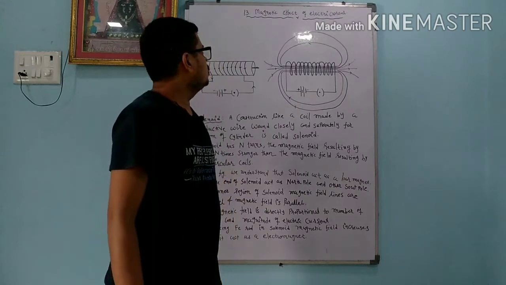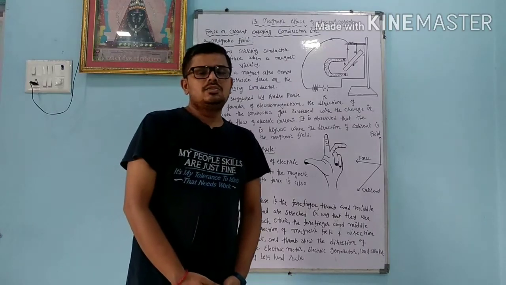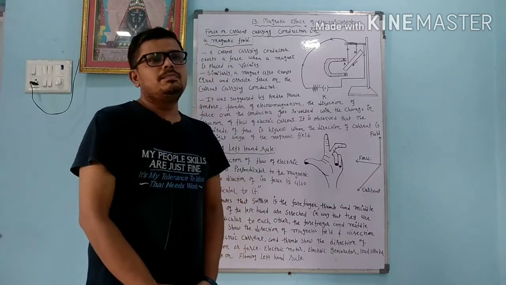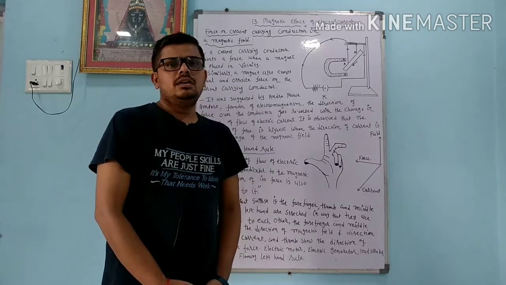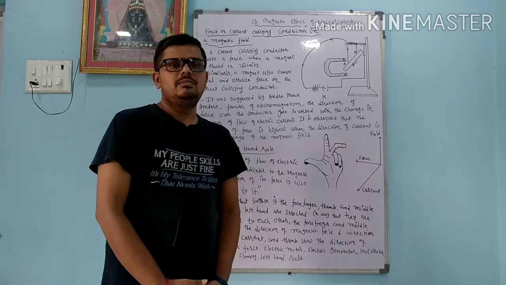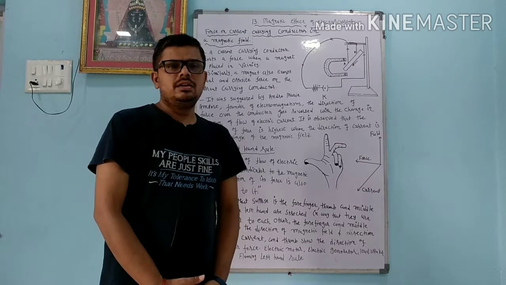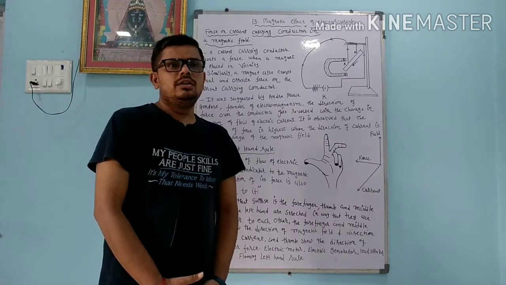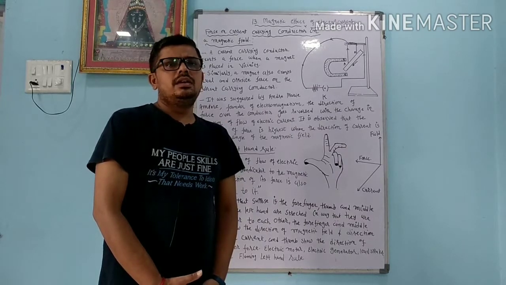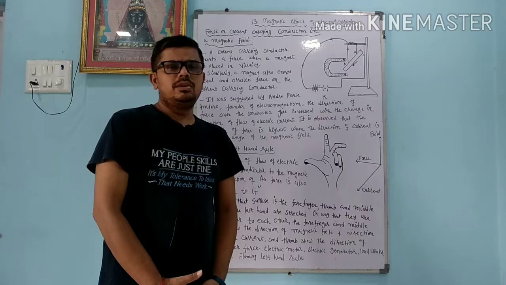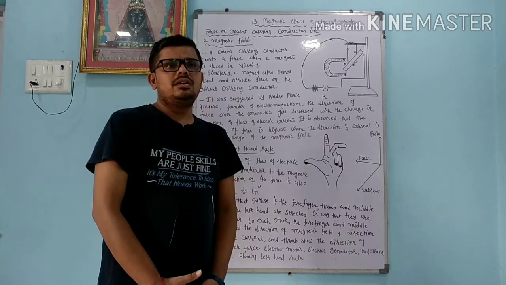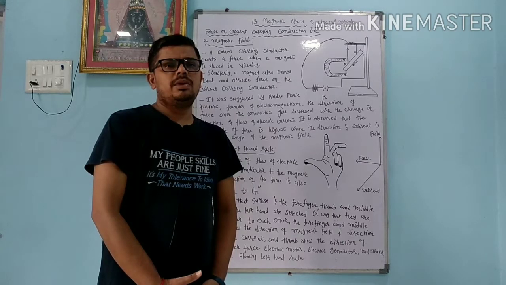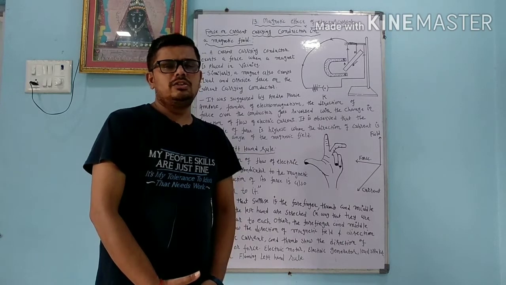Okay, so this is all about the solenoid. Dear student, in the last topic we understood that when we pass electric current through any conducting material, that conducting material acts as an electromagnet. Same thing we learn in the solenoid. In the solenoid, n turns of wire are wound on the insulating material. So when we pass electric current, each wire, each turn acts as a magnet, so we get a strong magnet. Okay, and that is called electromagnet.